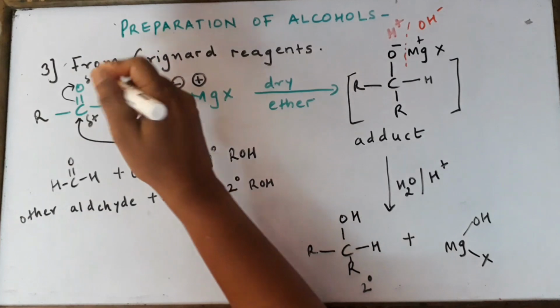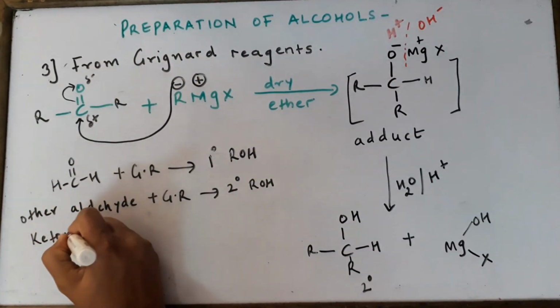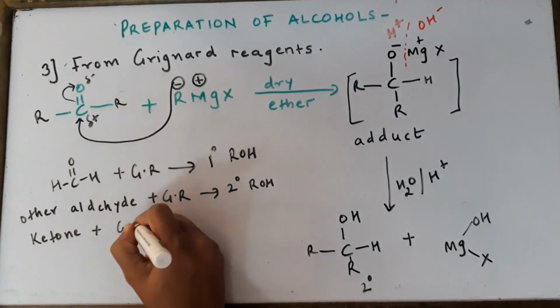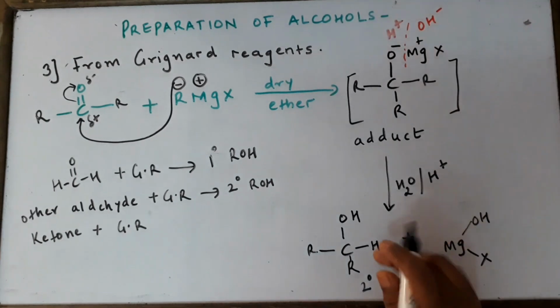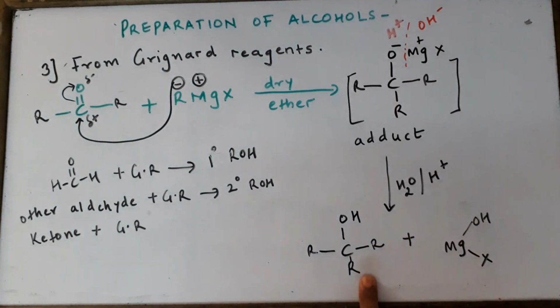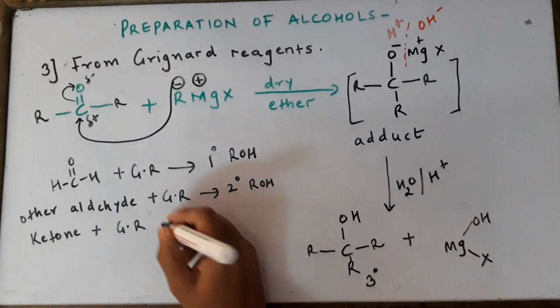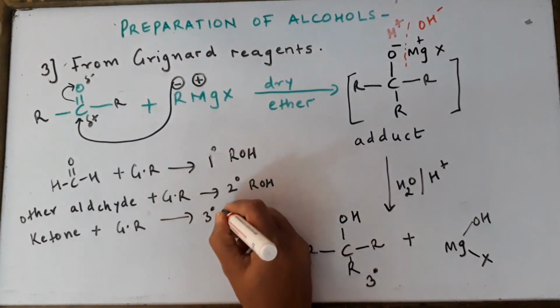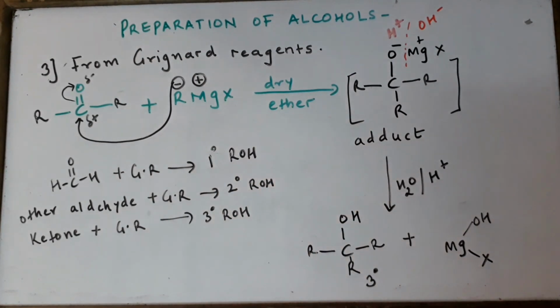Similarly, now instead of this H, if I put R over there, the reactant has now become a ketone. And if I react ketones with a suitable Grignard reagent, the mechanism remains the same, we will just change the substituents, and now this alcohol becomes a tertiary alcohol because the carbon is attached to three carbons. So we have learned a very important rule today. Grignard reagents are very useful organometallic compounds.